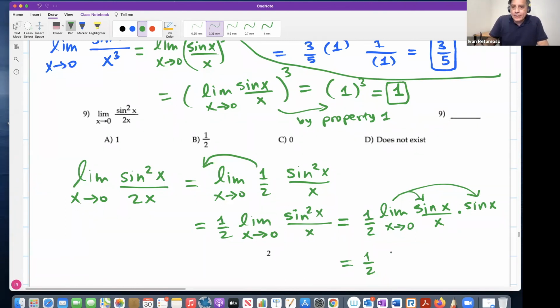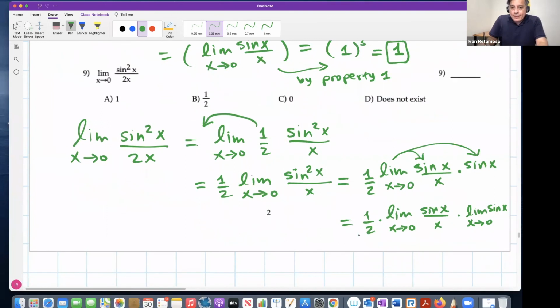Okay, guys, so let's do it together so we can finish this up. If I distribute the limit, I will get the limit of sine of x over x as x approaches 0 times the limit of sine of x as x approaches 0. Now, this will be 1/2 times these limits. What is this limit? Could anybody tell me what is the limit of sine of x over x as x approaches 0? By property 1, that should be just